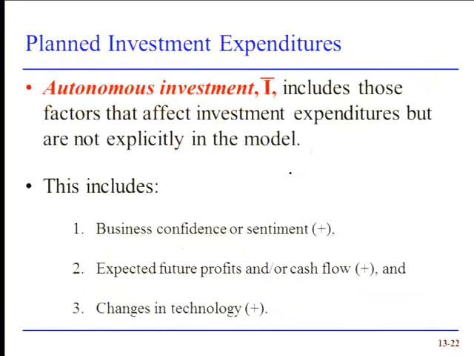Okay? Now, autonomous investment. Again, not a whole lot different than what we did before. These are the variables that are not the real interest rate or financial frictions. They would include business confidence. How optimistic are business